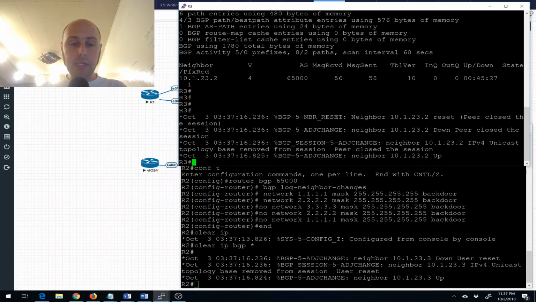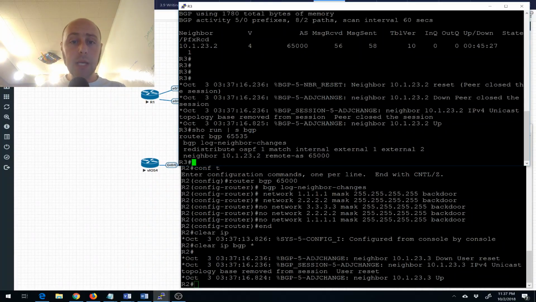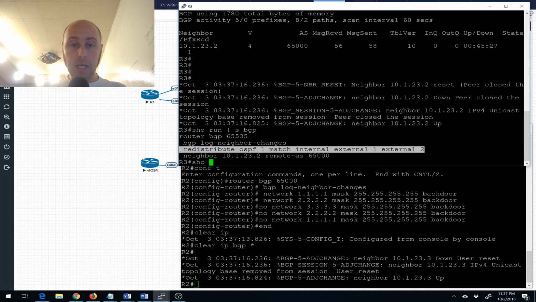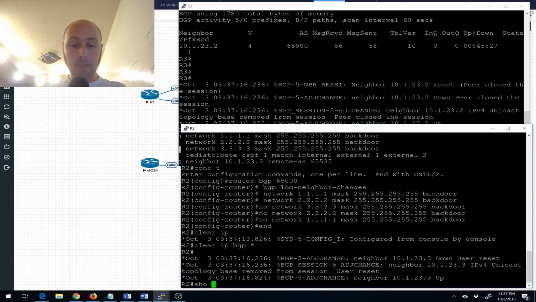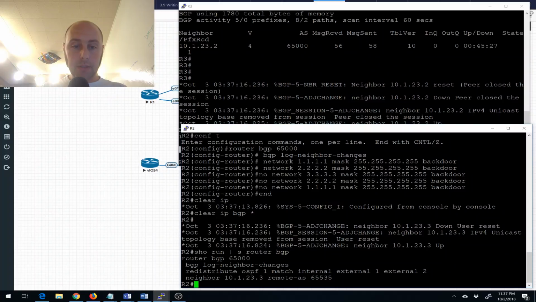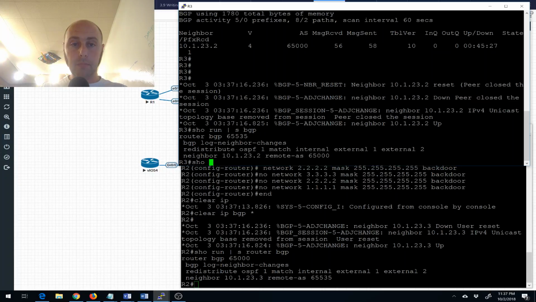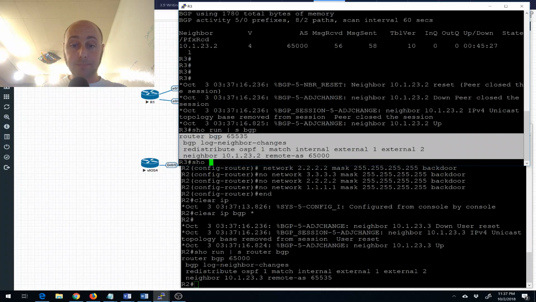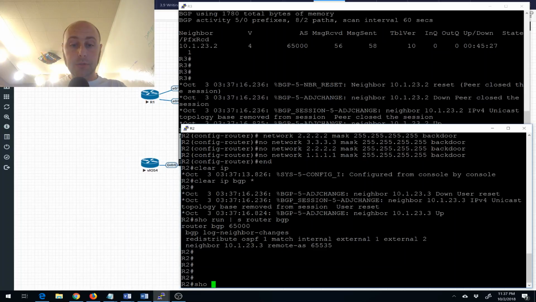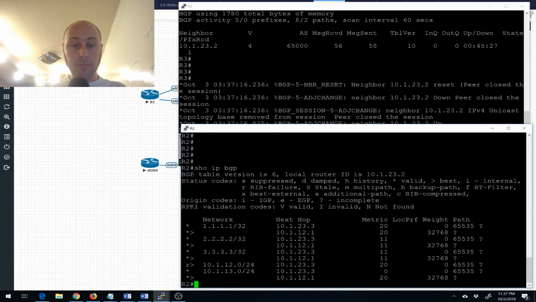I should point out on each router, show run section bgp. I am performing the redistribution from OSPF, and it should be the same command, show run section router bgp. The same redistribution. And I have no other configs in here. So now on router 2, show ip bgp. Good, we're learning our prefixes. And if I do show ip route,